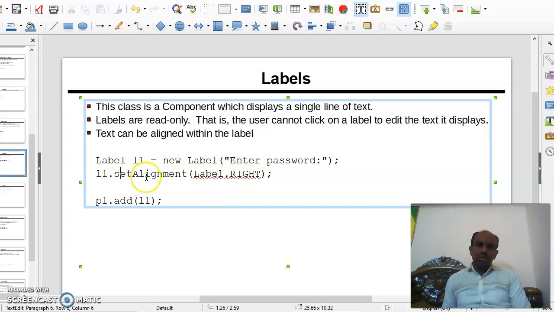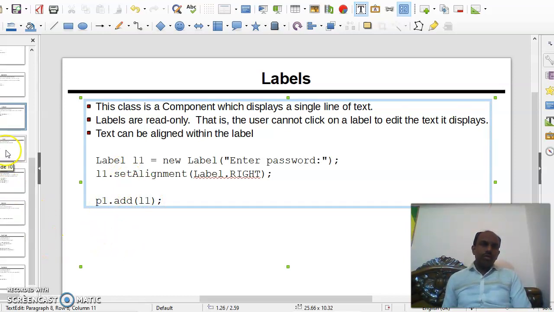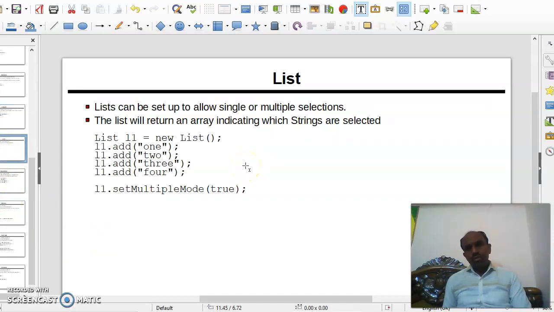The user should set the alignment, so that's why setAlignment, with a small s and capital A, and p1.add(l1). p1, the panel object, is added with the label. That's the label. After that we have to see the List. Lists can be set up to allow single or multiple selections. This list will return an array indicating which strings are selected. If there are more